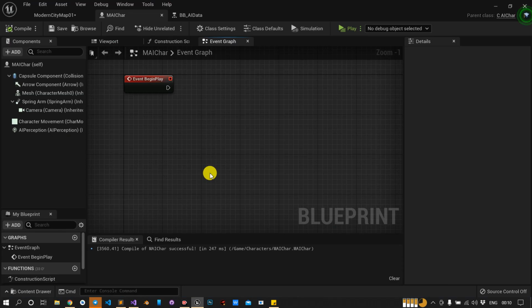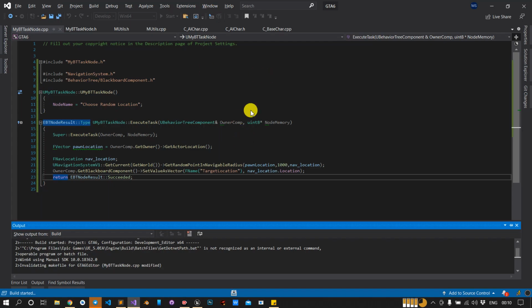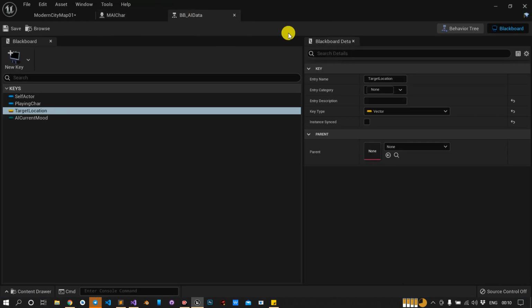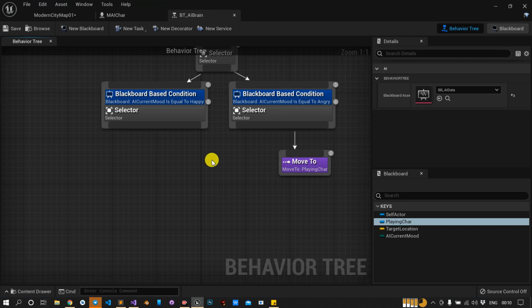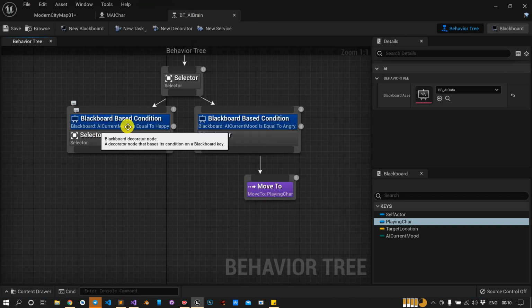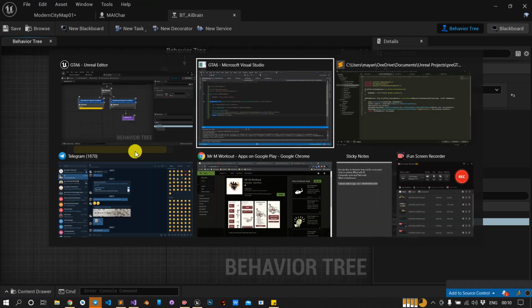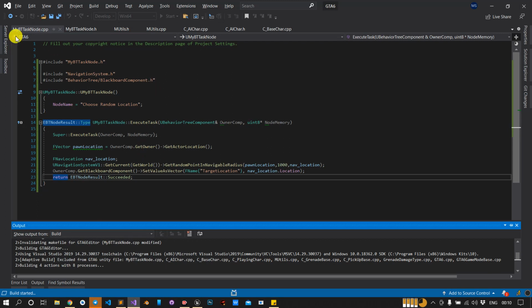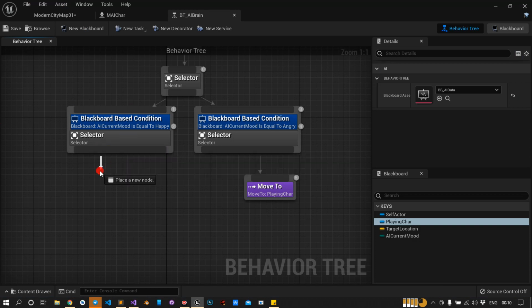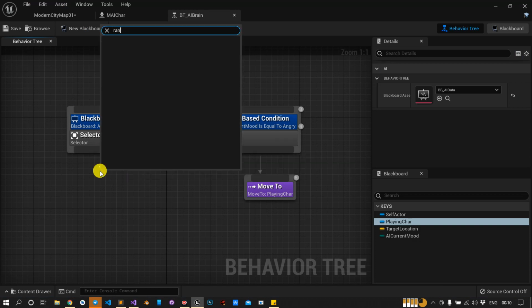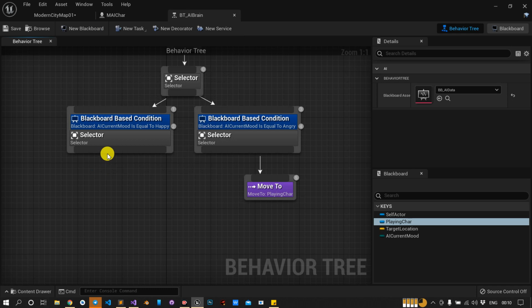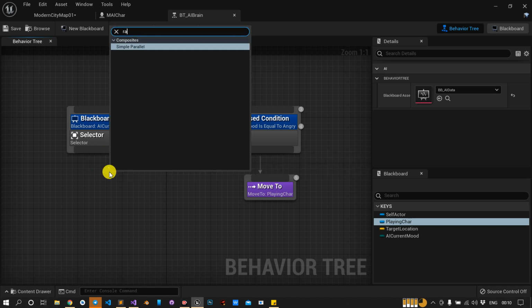Now switch back to our behavior tree while it is compiling. Go to the behavior tree. Now if our AI is happy, I want to call this node, and its name is random location. Let's see, random.